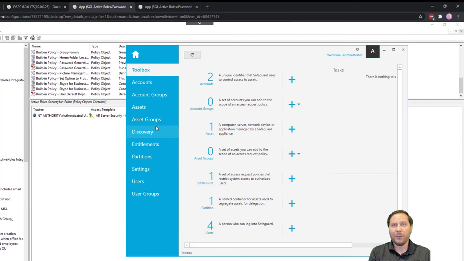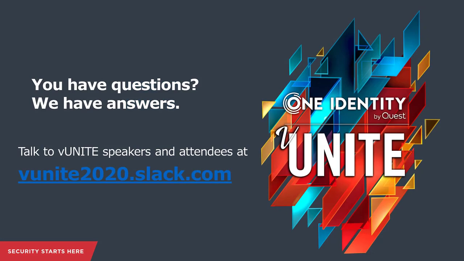So Safeguard will just be able to make a REST call when an account is checked out and say, hey, Active Roles, go do what it is that I want to do. Let Active Roles do that, and it really takes away a lot of the complexity that you've seen today. But it was more important that we get something out now, so that our customers like you can use this and actually benefit from it today. And that's why we have this.